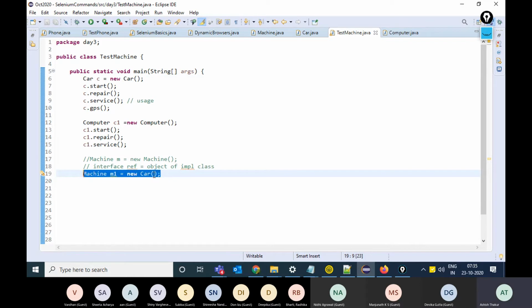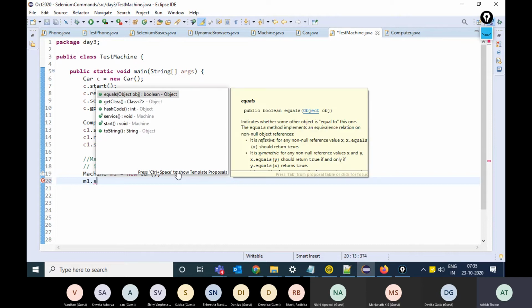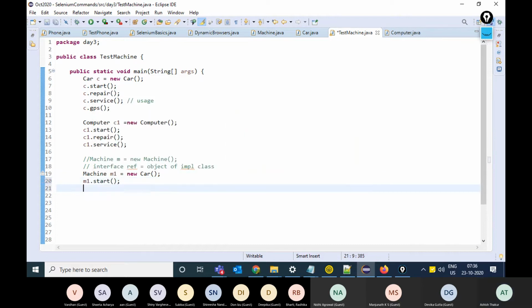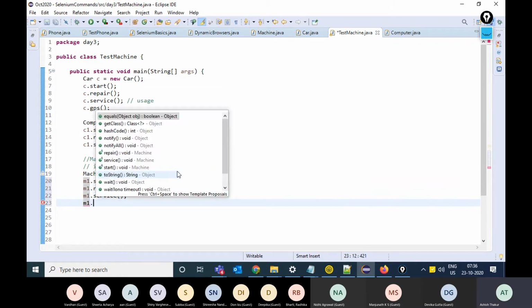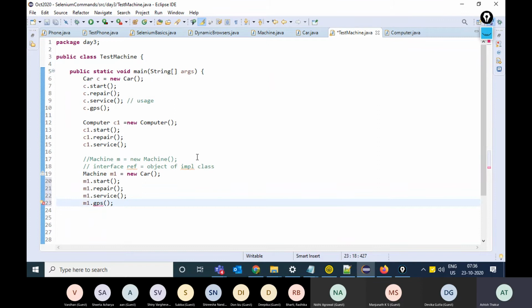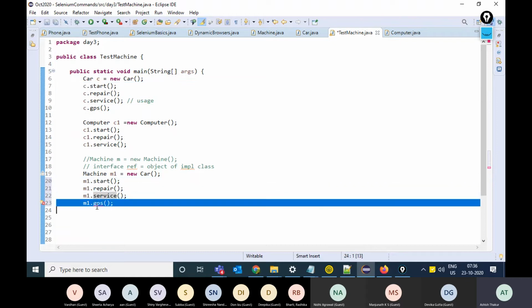If you create the object like this, you can only access the functions which are coming from the interface to the car class. I cannot write m1.gps. GPS is a proprietary function in the car class. With the machine interface reference, I can only call these three functions: start, repair, and service, not the proprietary function.